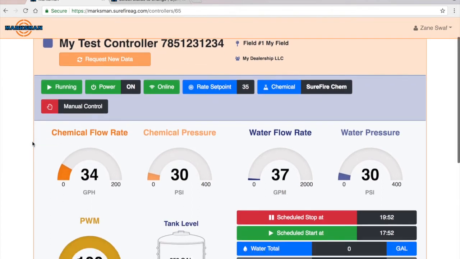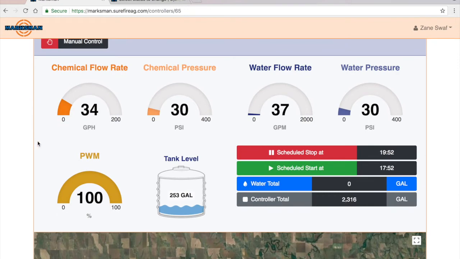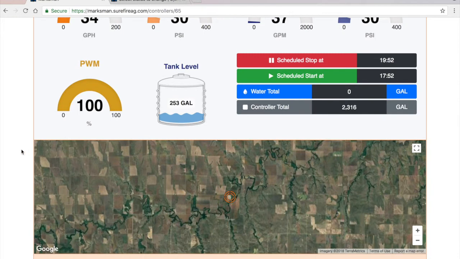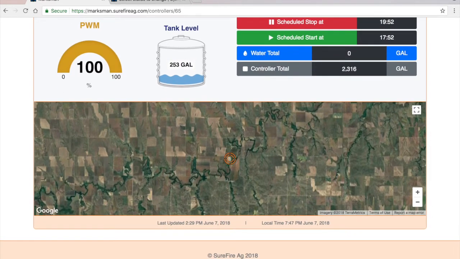Underneath this alert section, we see our gauges for chemical flow rate, chemical pressure, water flow rate, water pressure, PWM, and tank level. Beyond these gauges, we see a section for our scheduled stop and start, water total, controller total, and batch total if we would have batch mode enabled. Underneath that, we also see a zoomed-in map of where the controller is located. At the very bottom section, we see a little note reminding us when the device was last updated and the local